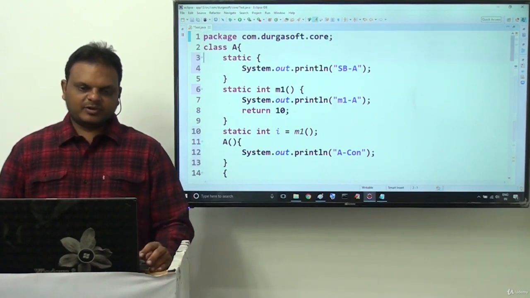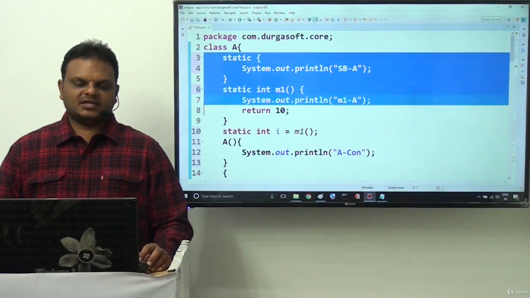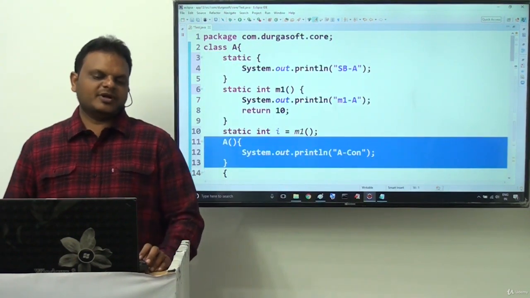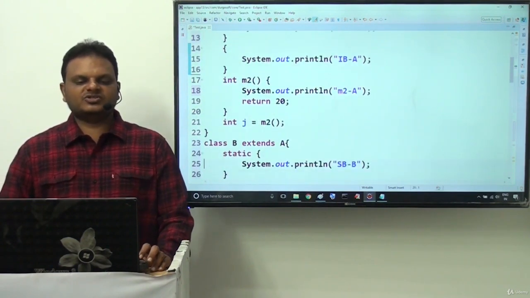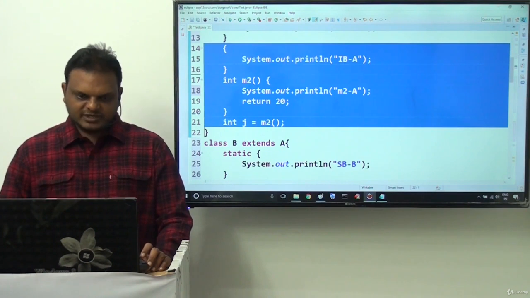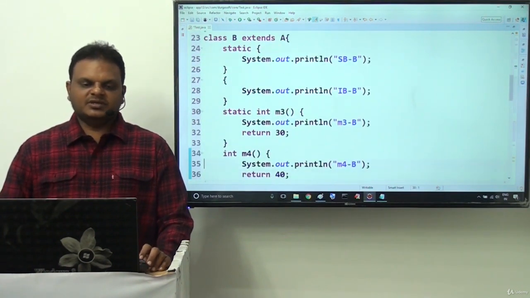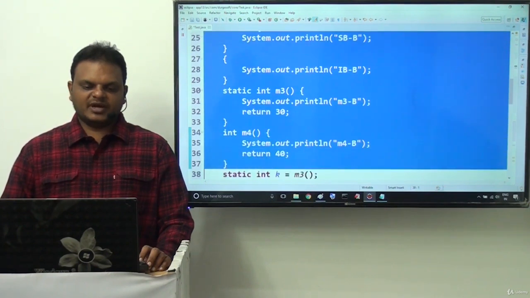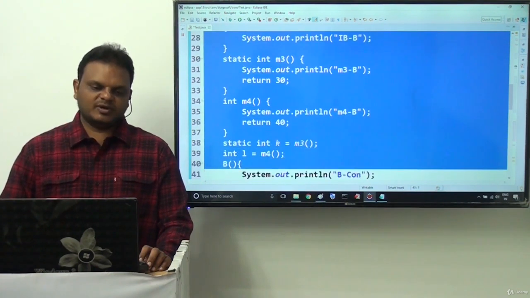In class A, if you observe, static block, static method, and static variable. Static context is completed. Constructor is provided now. Then after this constructor, we provided instance block, instance method, and instance variable. Both I covered. Inside this class B, static block, static method, instance method, static variable, instance variable and constructor.